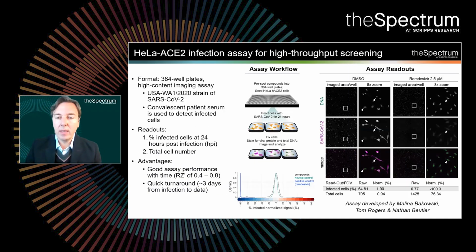And this was spearheaded by Melina Bukowski, who's a member of my team at Caliber, but also with incredible help from Tom and Nate as well. So our strength, particularly in my team at Caliber, is drug development, or I should say also assay development. And what Melina did very quickly was miniaturize this into 384 well format and convert this into a high content